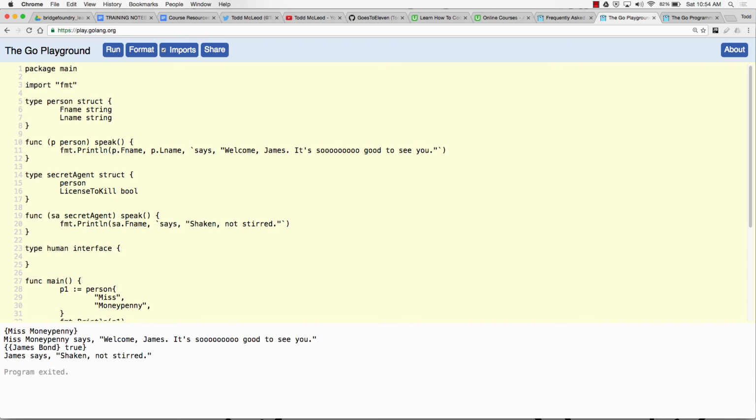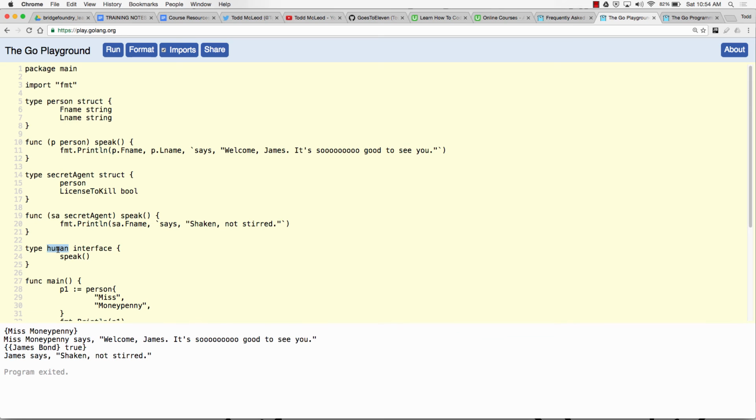So here's the human interface. And the human interface is if you have the method speak, you implicitly implement this interface. That means that since type person has this method speak, and since secret agent has this method speak, any value, notice my precision with the words I'm using, any value which is of type person is also of type human.